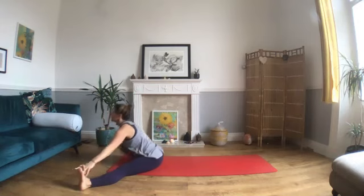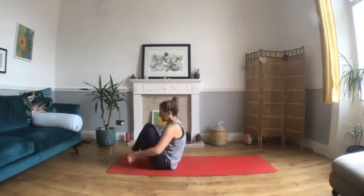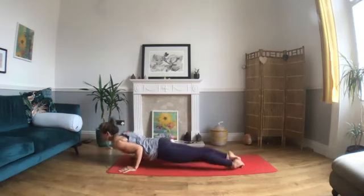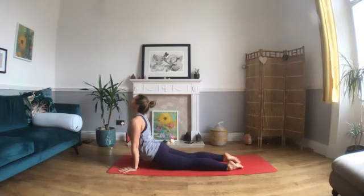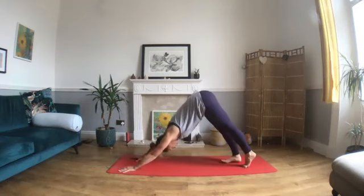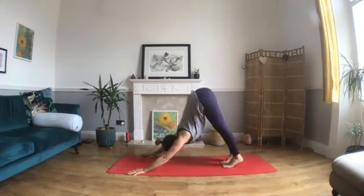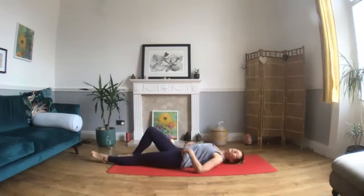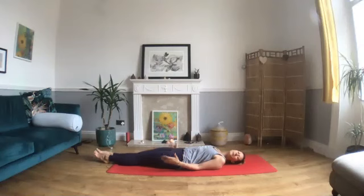Inhaling, heart. Releasing, cross your shins, plant your palms, hop or step it back, lower down. Inhaling, lift your chest, looking up. Exhaling, downward dog. Coming through to a seated position, laying down, coming into Supta Samasthiti, laying down on your back,